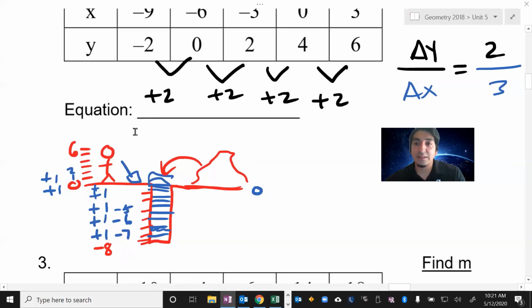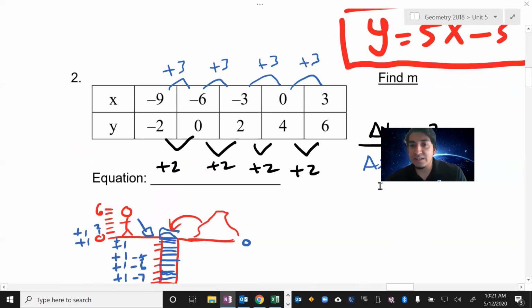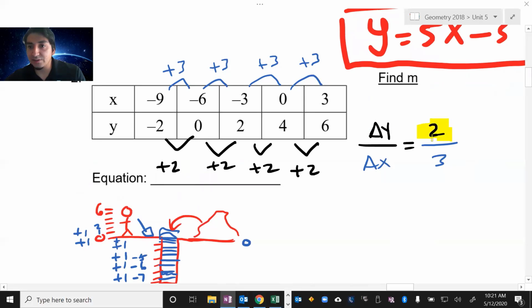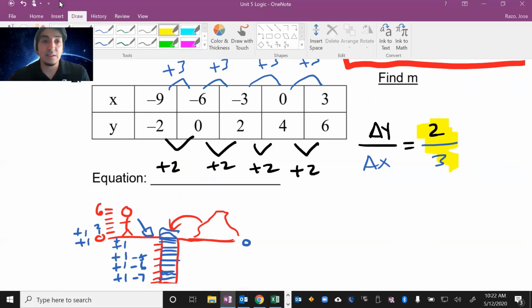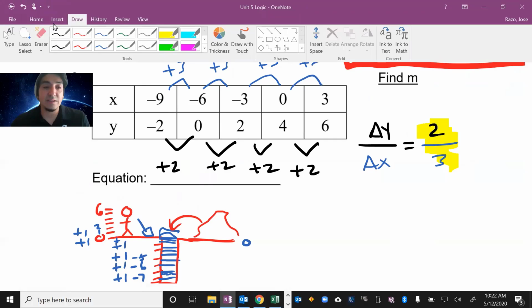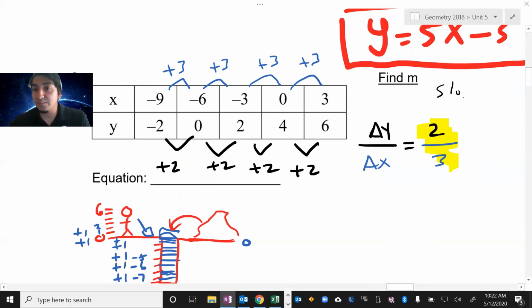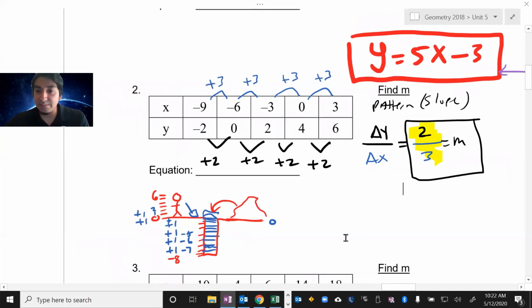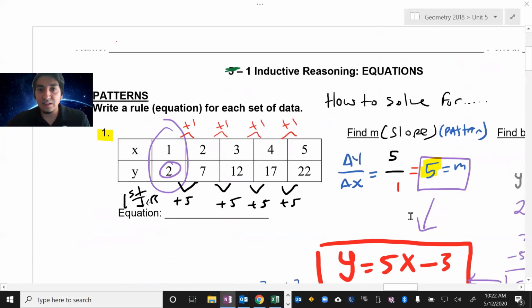Okay, so one way of thinking about it. Now, just to finish this, the pattern that we ended up finding was this right here. So that's actually my slope that we just found. So this is your slope, which is the pattern we're looking for. Okay, so that means that is my n. So you can find slope another way. You can use tables to find slopes too. Okay, so that's where I'm going to leave it for equations and write a rule for each set of